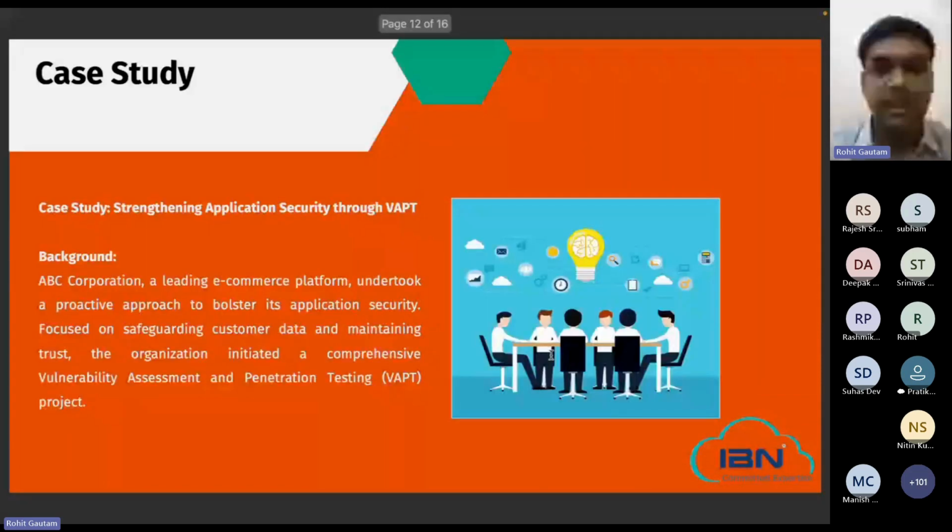Now here is a case study that I would like to discuss. The objective of this case study is to strengthen the application security through VAPT for the given organization. This VAPT exercise not only should identify the gaps and defects, but also should help the development team to implement the learnings and outcomes in the SDLC phase to be more robust and resilient in the next phases of the